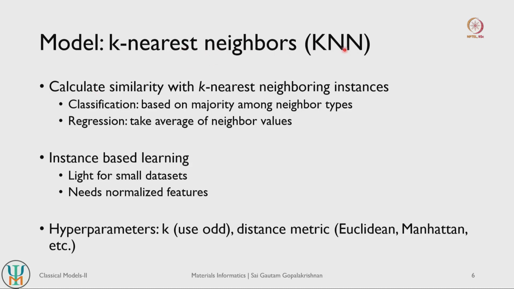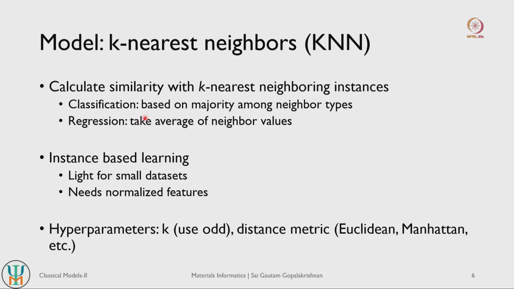So in KNN models, you can use them for classification tasks as well as regression tasks. In the case of classification, you basically take a majority vote. So let us say you have a new data point that the model is seeing. It calculates the similarity with respect to, let us say, 5 nearest neighbors, and then it takes a majority. So let us say 3 neighbors are of one type, 2 neighbors are of a different type, then it assigns the new data point to be of the first type, where the majority was 3. So it just calculates the majority among neighbor types and then assigns that as the label in case of classification tasks for any new instance.